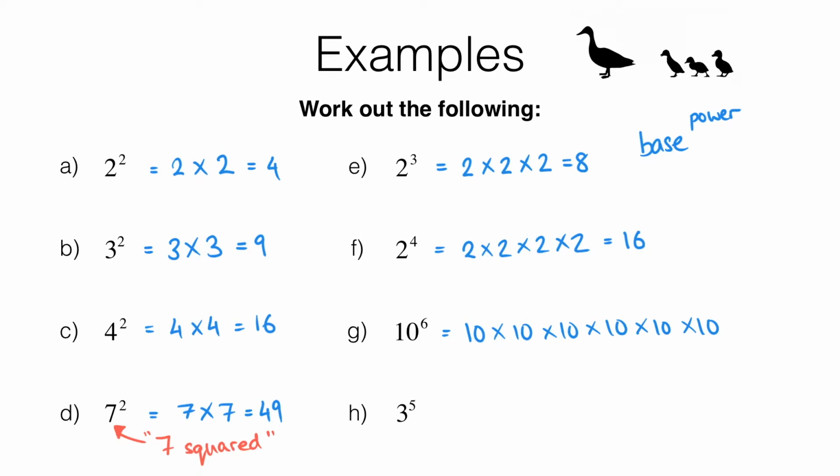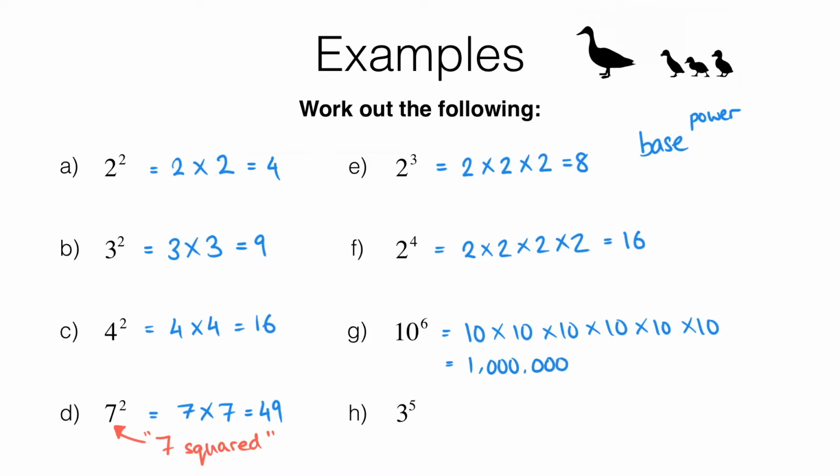Let's just check I've got the right number there. 1, 2, 3, 4, 5, 6. That's 10 to the power of 6. Now multiplying by 10 is really straightforward. So you should be happy that we get 1 million